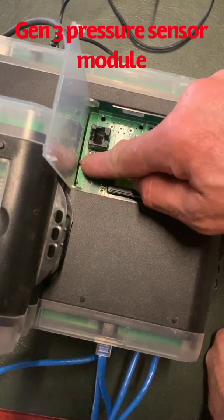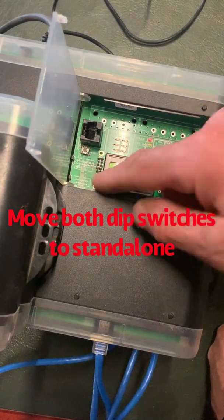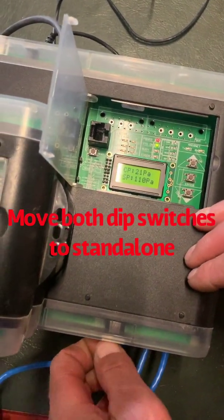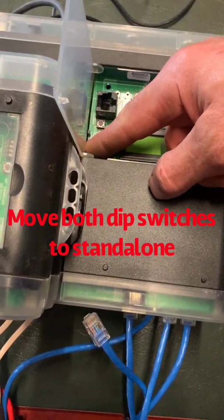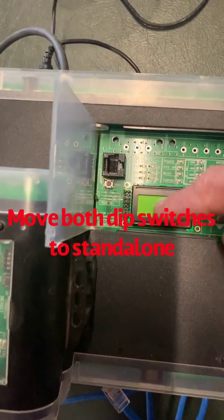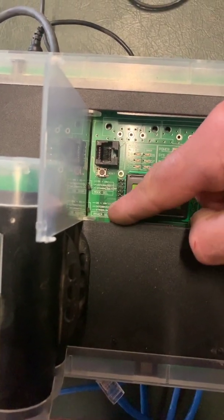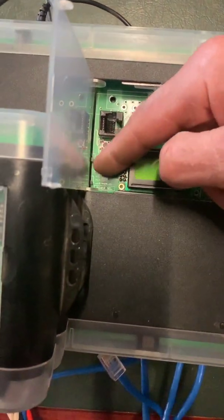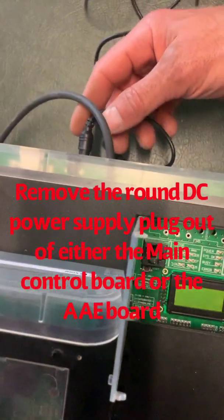At the moment, they've got two sets of dip switches here, and they're both set to integrated. So we need to pull out the blue cable. We need to move these to standalone. So we've got DS plus VAV, integrated and standalone are the three options. So we push them both to standalone, and then up at the back of the unit we have the power